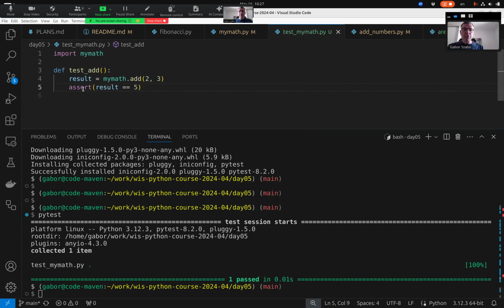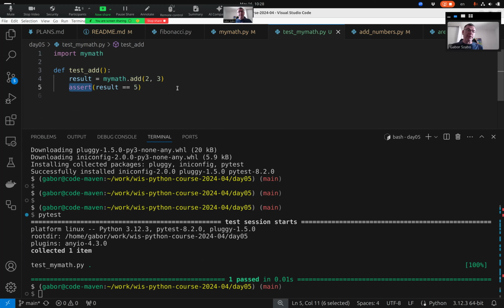This assert keyword is a new keyword that we haven't learned about. It's basically getting something here which is either true or false. So this result equal to 5 is either true or false. And it will raise an exception. That's the official, real thing that it does. But it helps this whole pytest system to notice whether this passed or not. I will show you in a few moments how it looks when it fails. So far what we did is we did this computation and we verified that the result of this